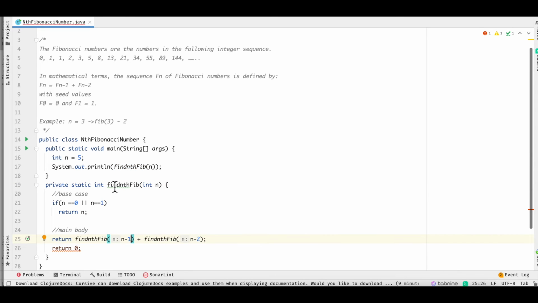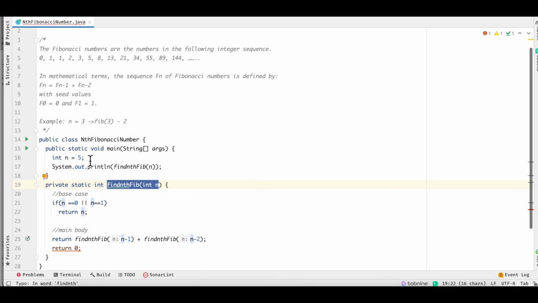So whenever f of n is happening, it is going to give me a combination of f of n minus 1 and f of n minus 2. Combination means the summation of these. When I get the summation of this, then I will be able to find out what exactly should be the value of this method. If I have to do a dry run,